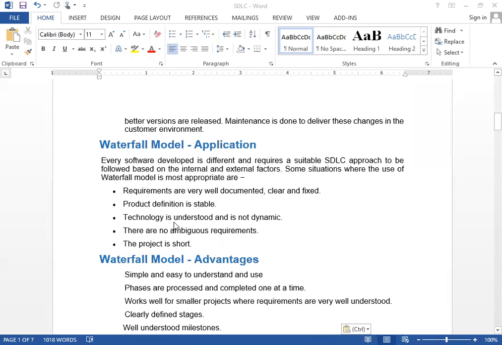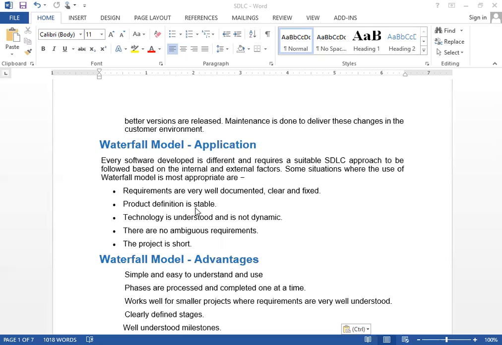There are some applications where we can use the waterfall model: where the requirements are very well documented, clear and fixed. If the organization has a great idea about the requirements, then they can use the waterfall model.